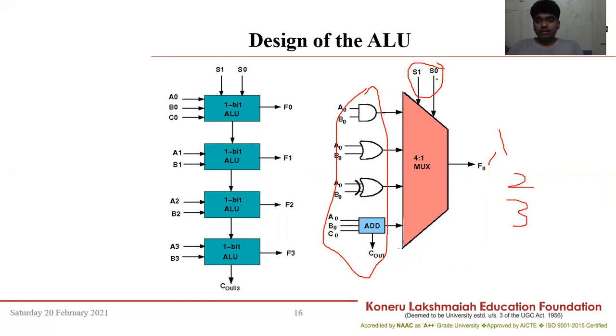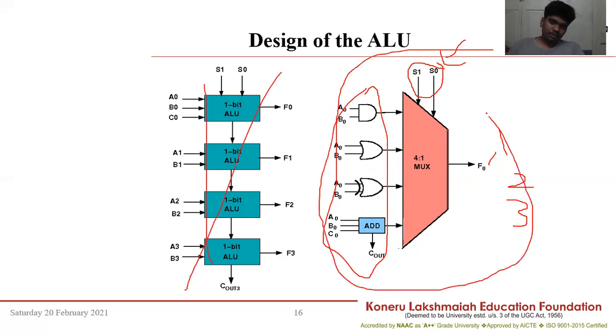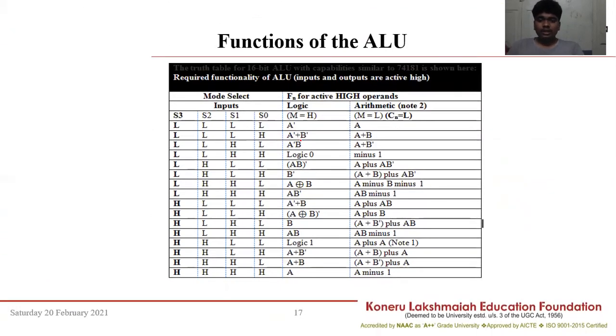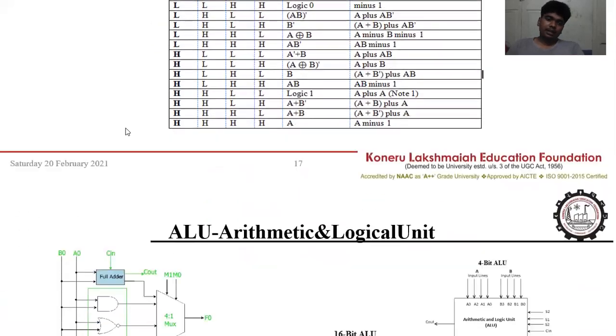Here we give some instructions, and then the control unit will control these things and produce the outputs in whatever way is required. This diagram is not required in detail, but we can remember this one diagram, it is very important. And then the functions of the ALU: it can perform all the logical and arithmetic operations. If we remember some of these operations, we can write them on our own, like a plus b, a minus b. So we can perform some arithmetic operations, and we can write it like a table.